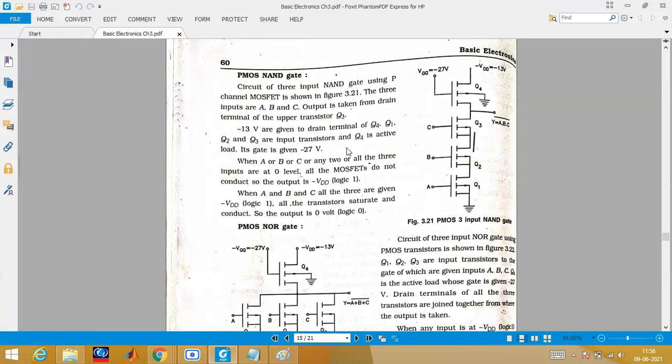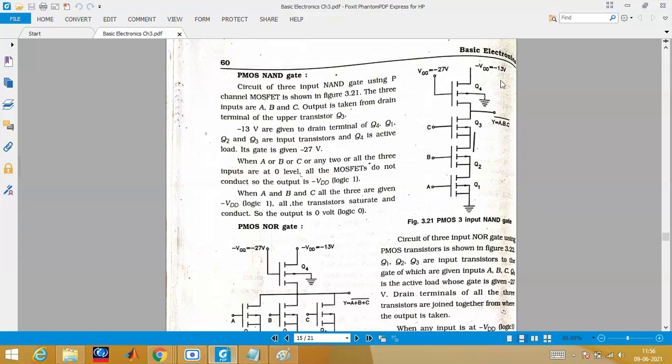So here in this textbook they have taken a 3 input NAND gate. It does not matter whether they are saying 4 also, it's okay. If they are saying 2 also, that is also okay. So don't worry about it. The number of inputs is just the number of transistors you have to increase. Whenever you see the diagram, just try to divide this line: above the output and below the output. Whatever lines are below the output, these are all inputs. And here you will get the output.